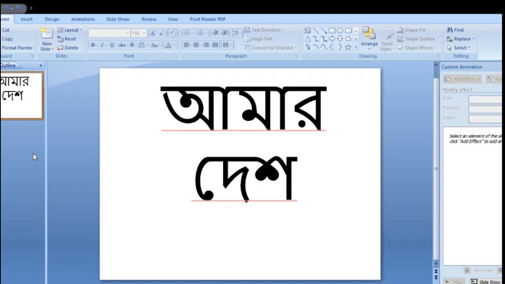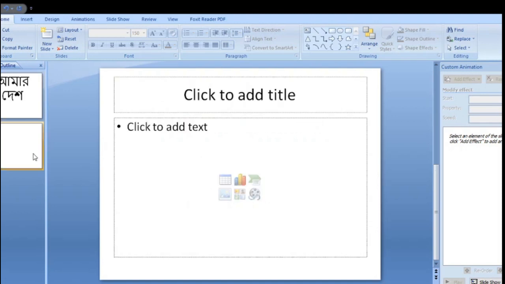Again, you can press Ctrl plus M on the keyboard and a new slide appears. So now we know three ways to take a new slide. Okay.